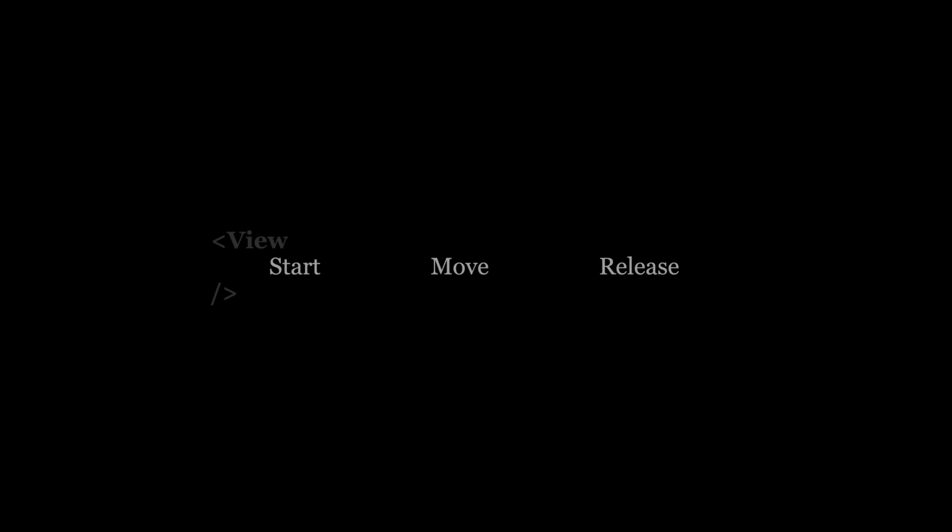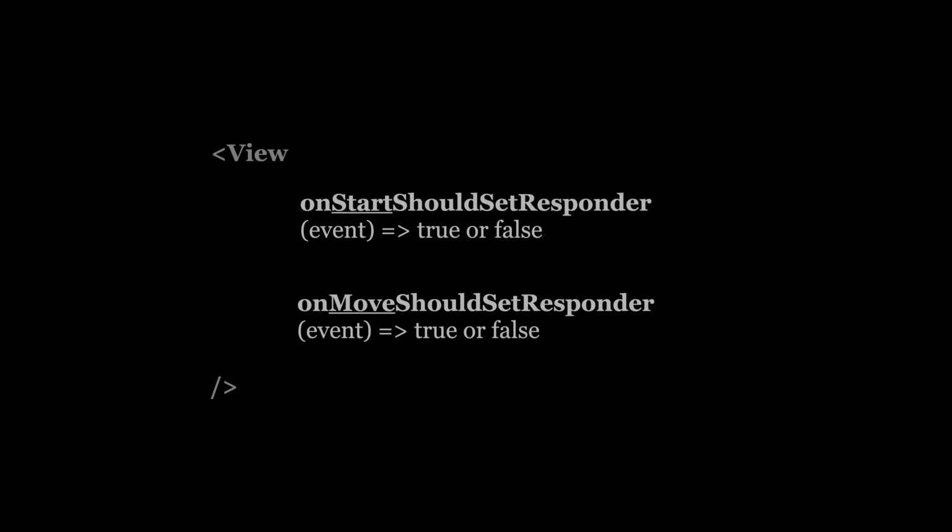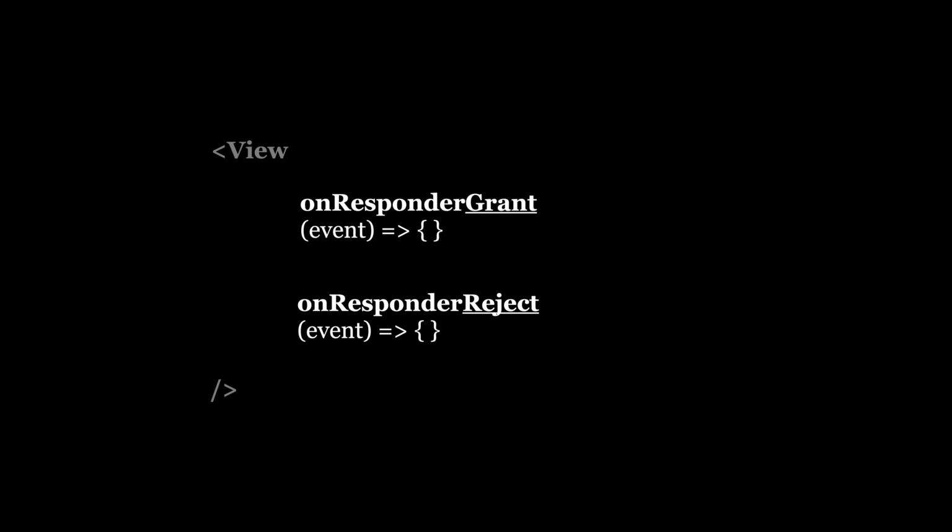To do so, there's a bunch of properties every view component comes with. The first two, onStartShouldSetResponder and onMoveShouldSetResponder, define if a view should be talking to the responder and then become interactive. If these properties return true, then when touching this view, we'll get all the touch events within it. Now, these two other props aren't usually useful. They're just functions called whenever a view has been granted or rejected by the responder, but just so you know, they exist.